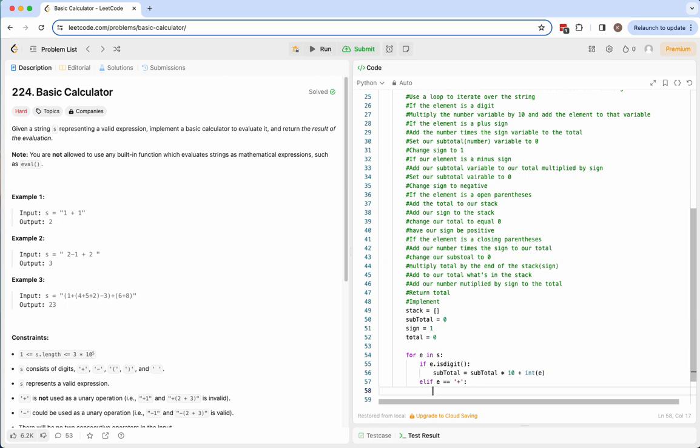Otherwise, if we see a plus sign, we'll add to our total. We'll multiply sign by the subtotal,